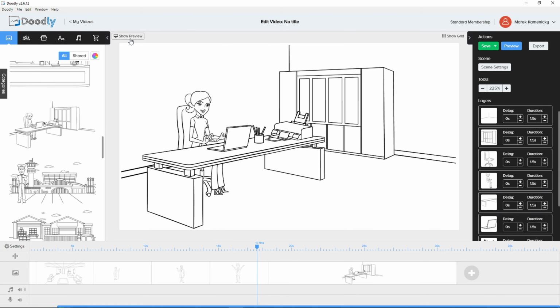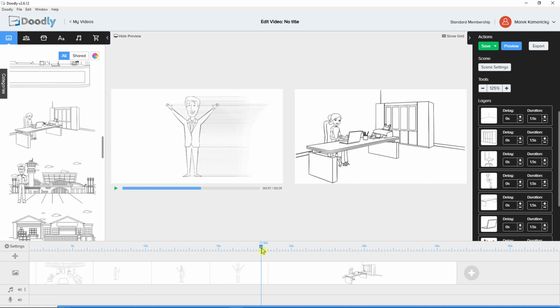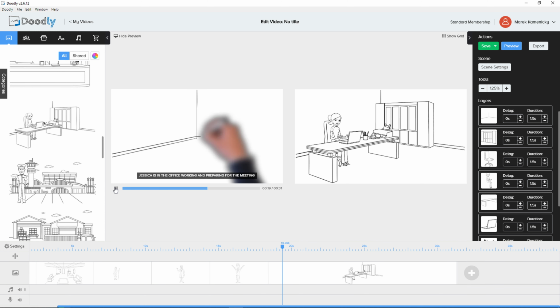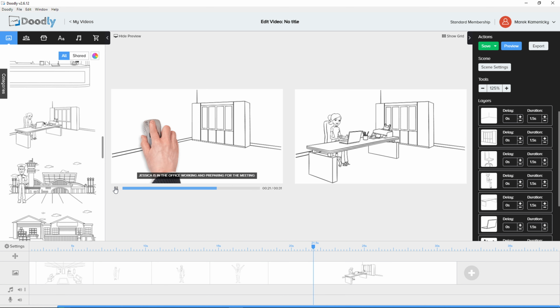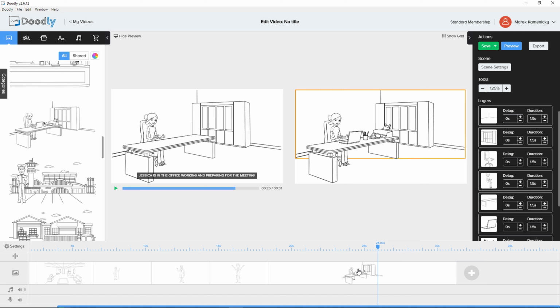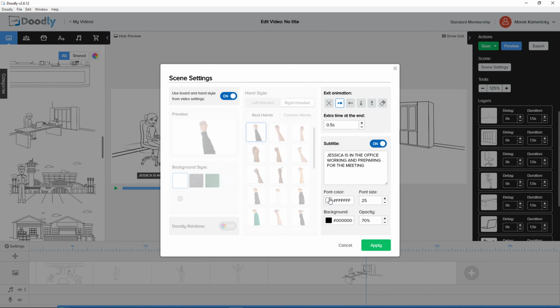Okay, now I'm going to show preview. Working and preparing for the meeting. So you can also change it. Let's say you have two scenes and you want to target it directly when it's going to start. But what is really important is that you can click on the scene settings and change